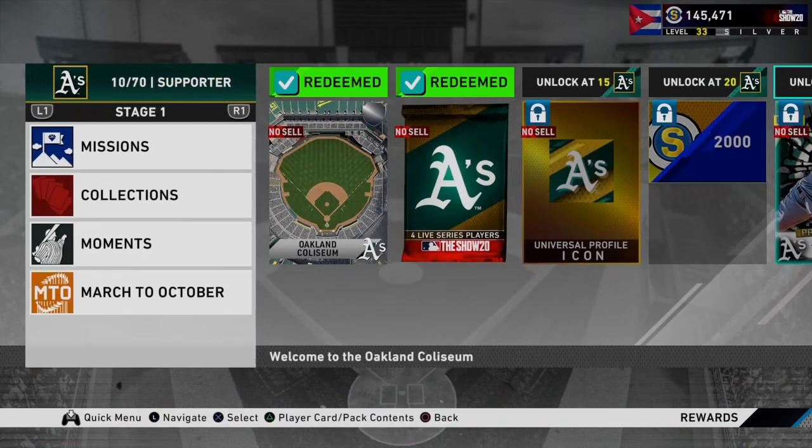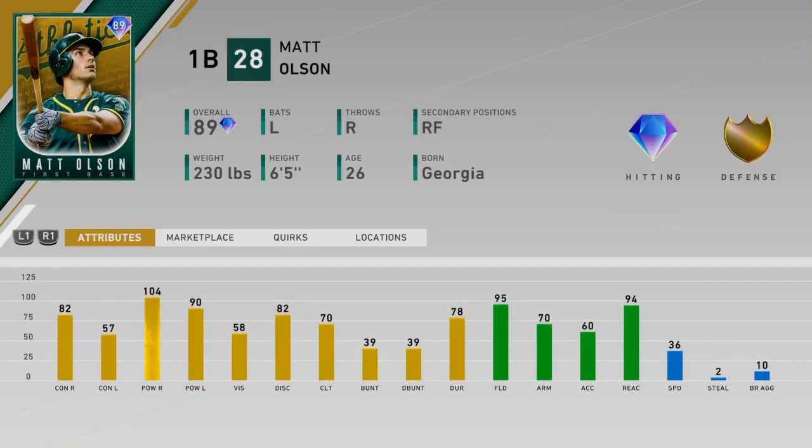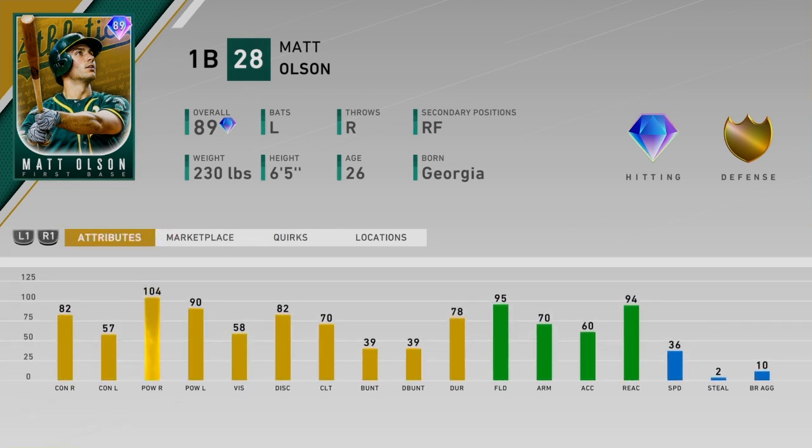To start off with, number one is going to be team affinity Matt Olson. This guy right here is a freaking goon. He has a beautiful swing. I've used his live series, not this one, but he has a beautiful swing. Great pop, 104 versus right, 90 versus left, 82 contact versus right, only 57 versus left. But he has that 90 pop, 58 vision,